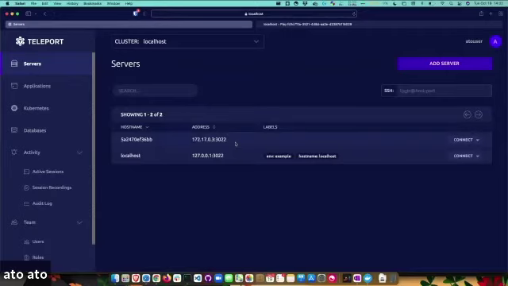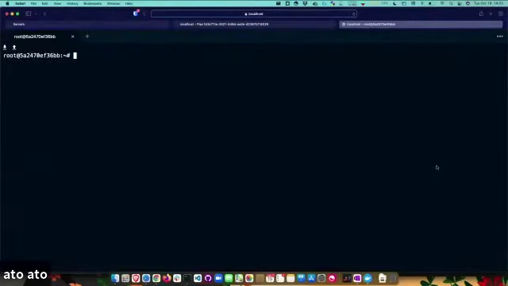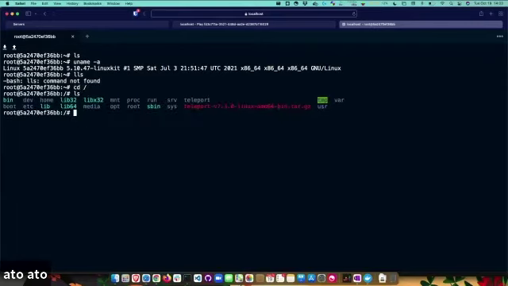And if you've seen, I haven't uploaded any SSH keys to the server yet, but I can connect to it based on whatever user I have rights to. So I can log into the server as root. I'm on this box, run whatever commands I need to do. You can see my Teleport directory.